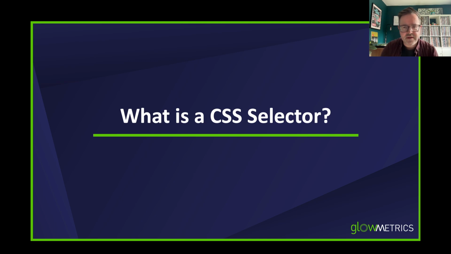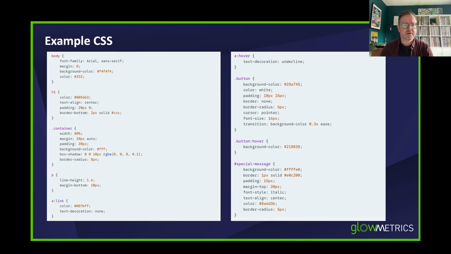So I guess to answer the next question, then, what is a CSS selector? If we look back at these examples here, all of the bits on the left, so the bits before the curly brackets, those are your selectors. So dot button, for example, is a CSS selector. The hash special message is a selector. P is a selector. H1 is a selector. I guess these are identifiers for different elements on your site, but all of these different things